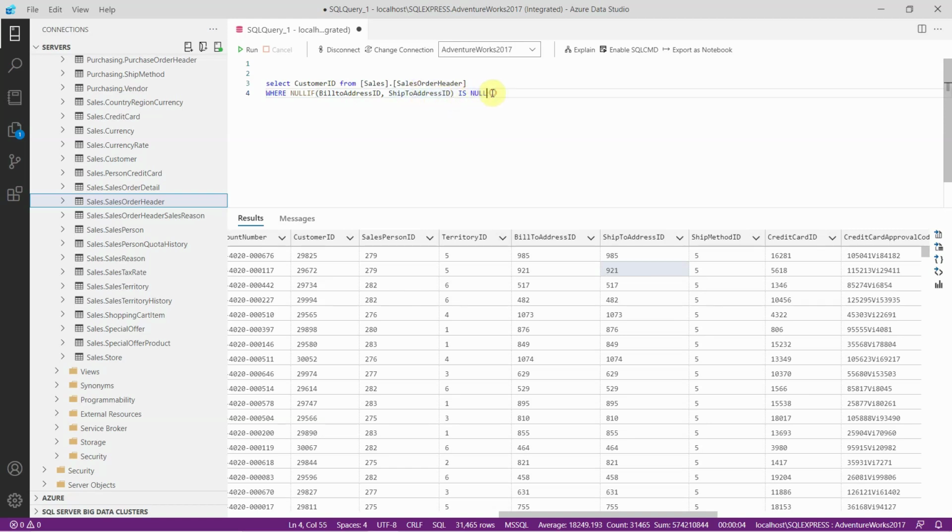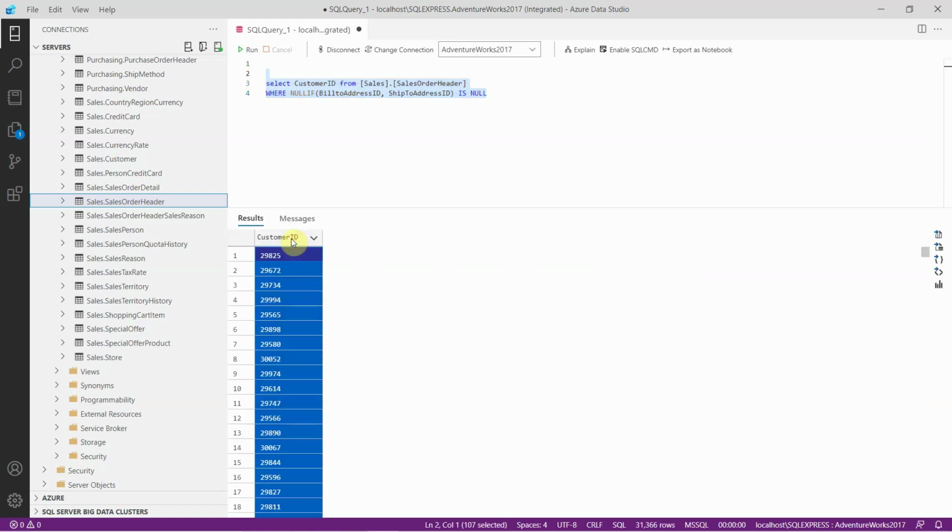So if it is null, we are checking using IS NULL. If it is null, then it means the customer is having the same billing address and same shipping address. So in this way, you can find the customer IDs having the same billing address and the shipping address.